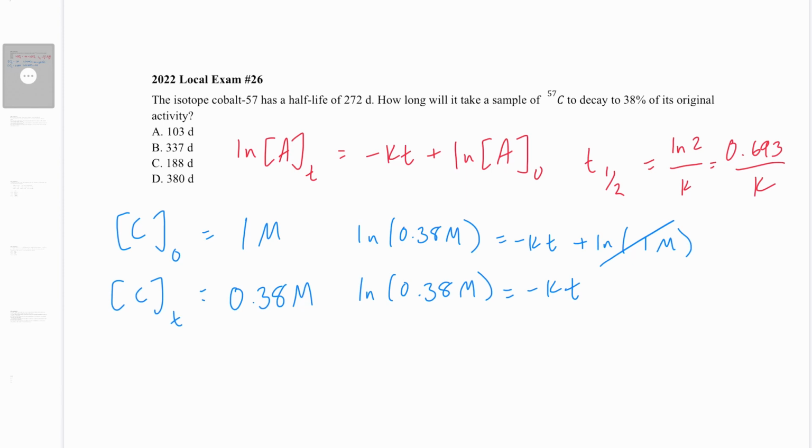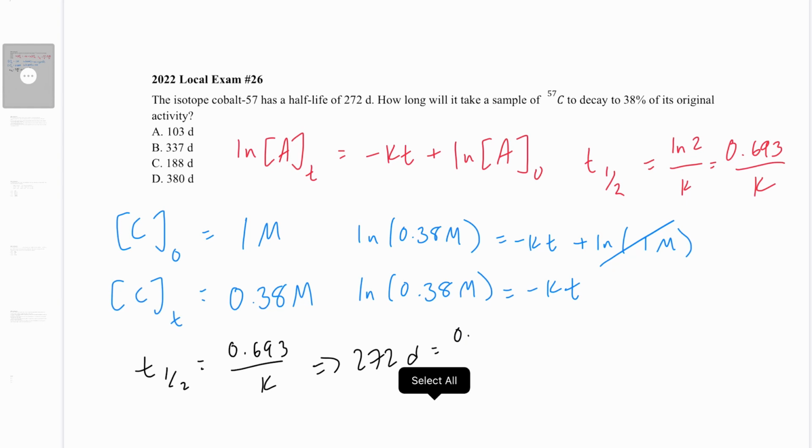We can find out k using our half-life formula. So we know that our half-life, t1/2, is equal to 0.693 over k, and we're told that our half-life is 272 days, equals 0.693 over k. And so if you solve for k, that comes out to